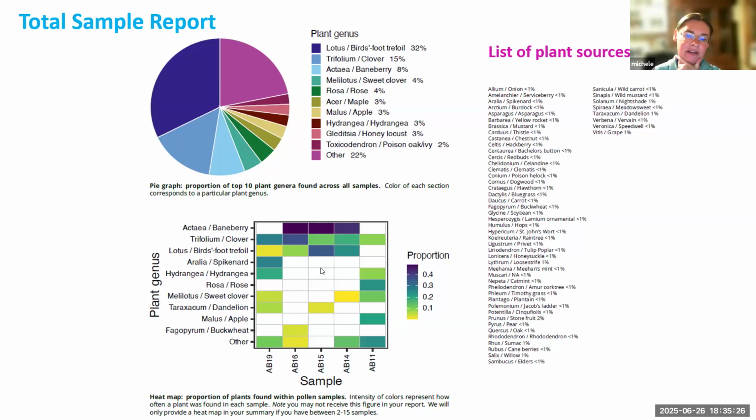We used to have these called heat maps. I did end up taking them out because they seemed to cause more confusion, but I like to show them occasionally when people want to see the data represented in a different way. What this map tells you is, if you're looking at a particular plant across a number of samples, the darker and more intense the color, it's a visual graphic of who was hot and who was not across a group of samples.